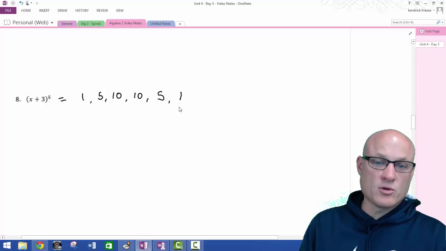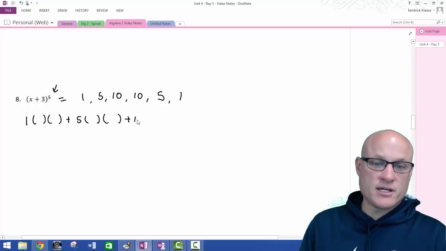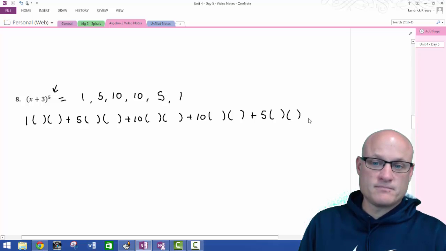And there's always one more of these than this number. So in this case, there's 6 of these. So let's see if we can write this. 1 parentheses plus 5 parentheses plus 10 parentheses plus 10 parentheses plus 5 parentheses plus 1